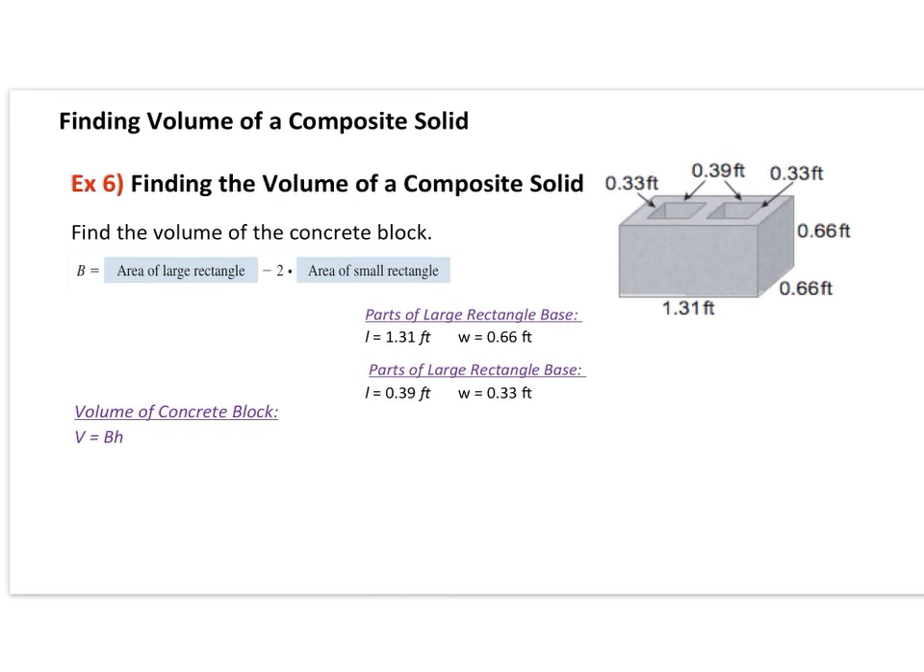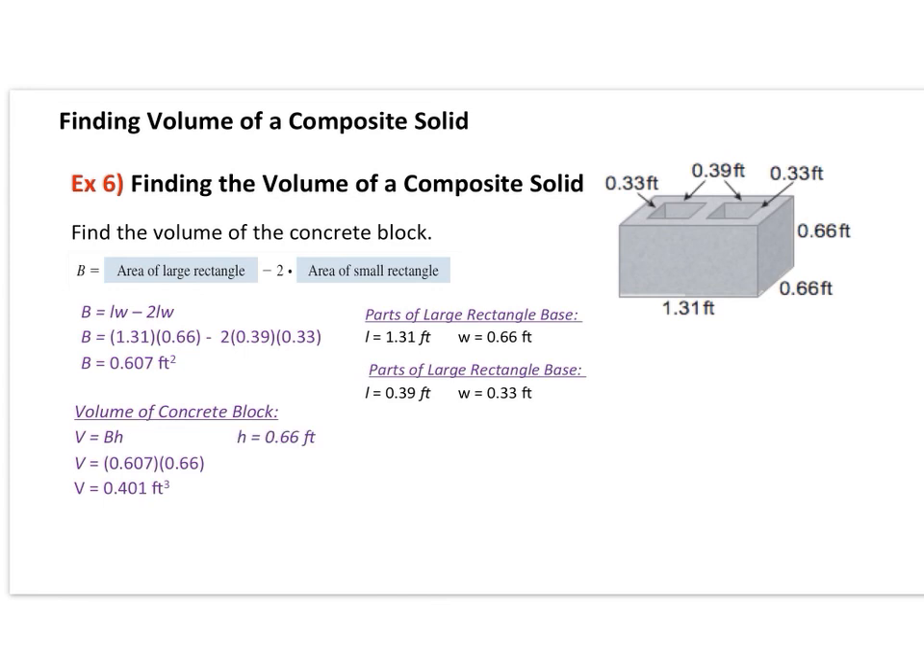So we're going to plug in to our formula over here. To get area of the large, we take length times width, and then we need 2 small rectangle areas. So we plug in all our numbers, and we get an area of the base being 0.607 square feet. So we're going to use that over here